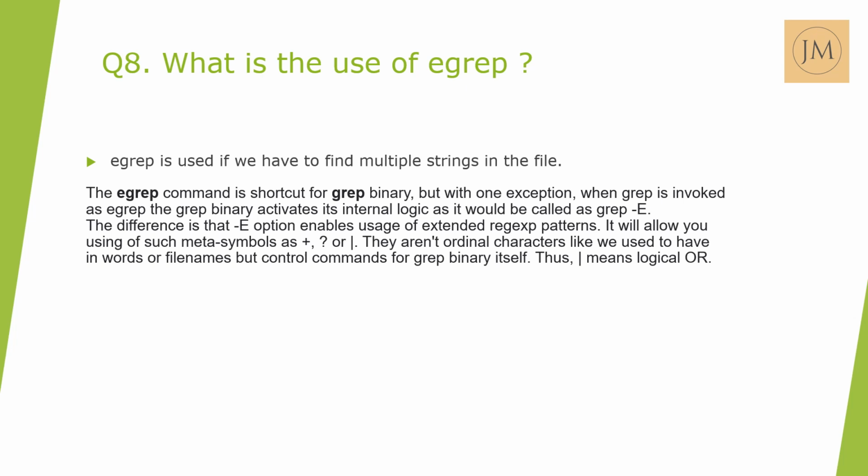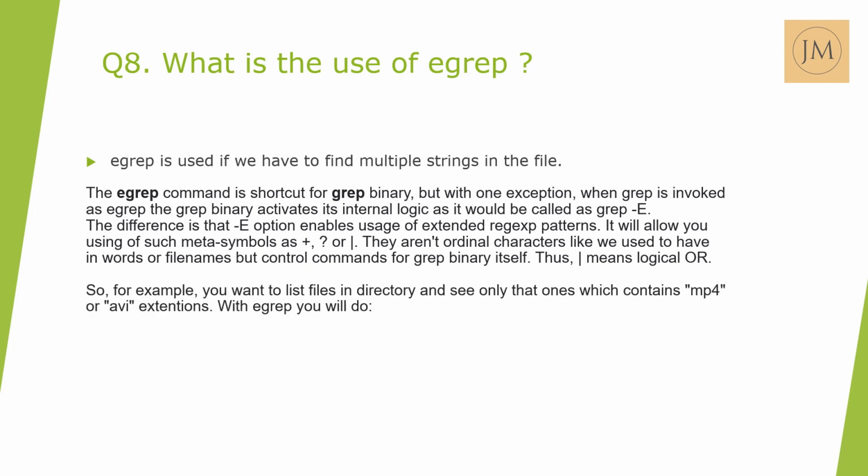Here, whenever we use pipe, it is not related to the previous question about pipe, right? Here it means or, it's a logical operator kind of thing. So for example, you want to list files in a directory and see only the ones which contain MP4 or AVI